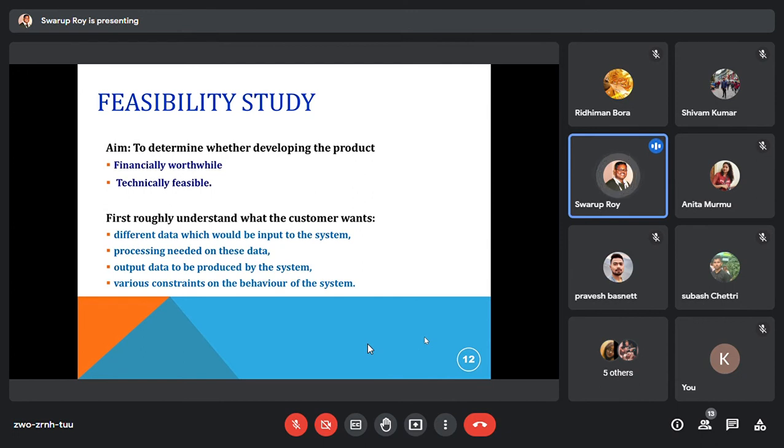Now let's start with the first phase, that is called feasibility study. Feasibility means whether it is possible or not. That is the main target before taking up a project, because it's a time-taking job and a very costly affair. So whenever some client approaches a company for software development,